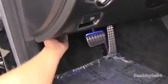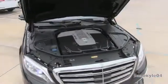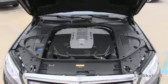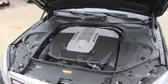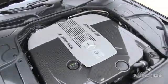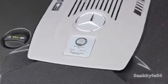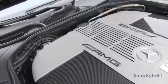So let's go ahead and pop the hood. For 2015, the 6-liter M275 twin-turbo V12 carries on, now fitted to an updated transmission which exclusively sends power to the rear wheels. The hand-built engine sits beneath a carbon fiber and aluminum engine cover decorated with AMG logos and the Mercedes star. With AMG's one-man, one-engine philosophy, a special badge is affixed to each engine that bears the technician's